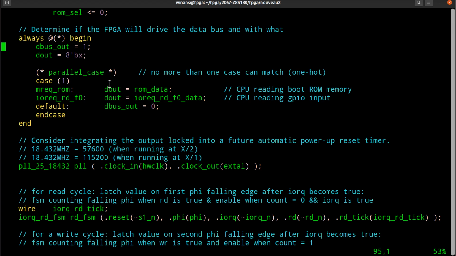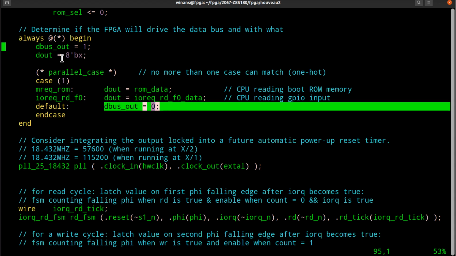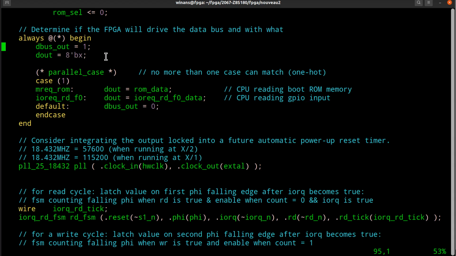If dbus out is 1, and the ROM is on, then set the ROM data over there. If dbus is out as 1 by default, and IO rec F0 is enabled, then send the data from that out. Otherwise, override and shut off the data bus and leave the default garbage on it and go on your merry way. And if you do this, you compile it with and without the old version and this